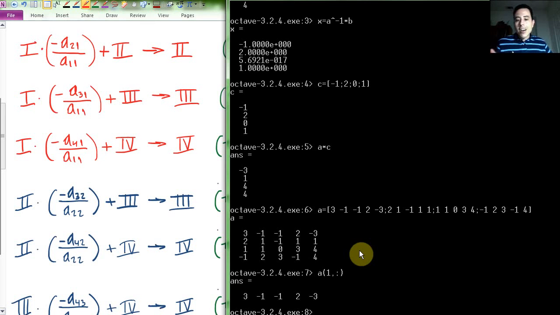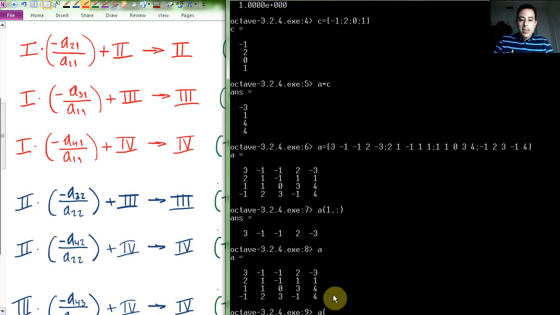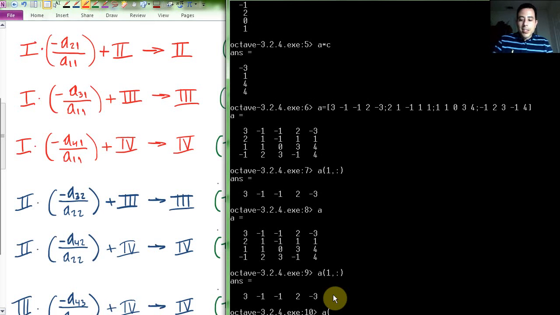Octave will take all the columns from that row. You're just specifying the row, but you're not specifying any columns. So if you do that, Octave will give you the first row of the matrix. Okay, let me put the matrix here. Here's the first row of the matrix if you want to see it. If you want to see, let's say, the third row of the matrix,